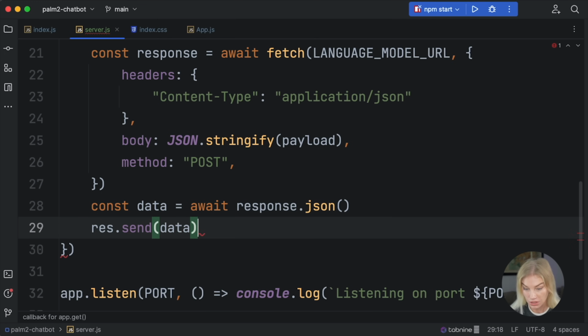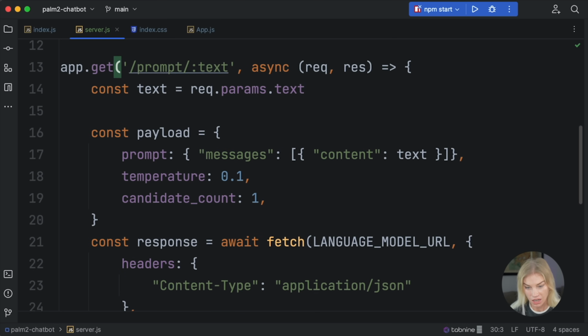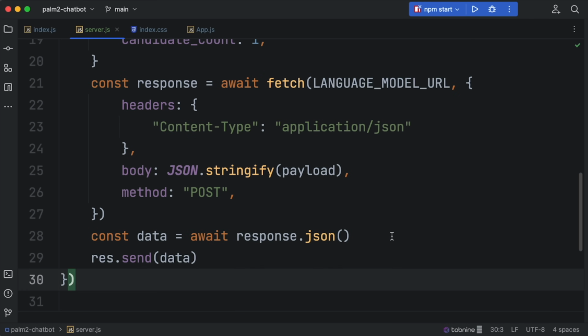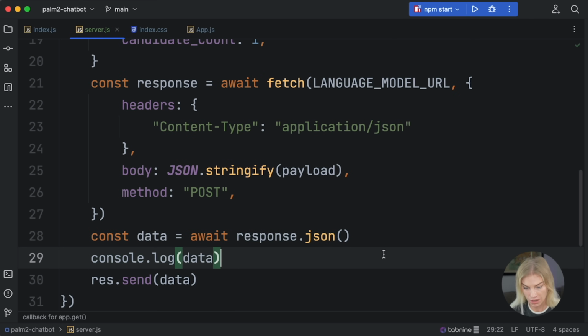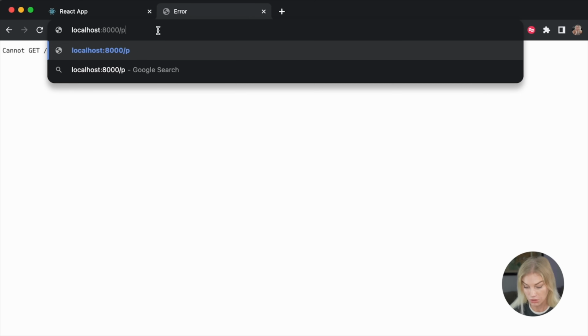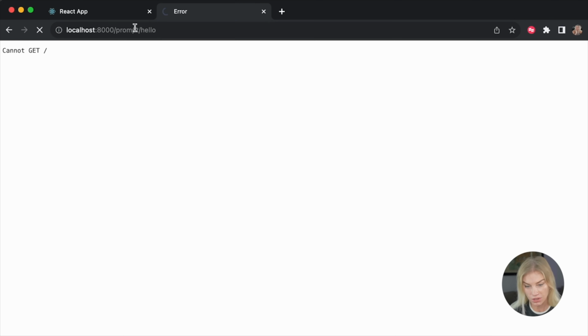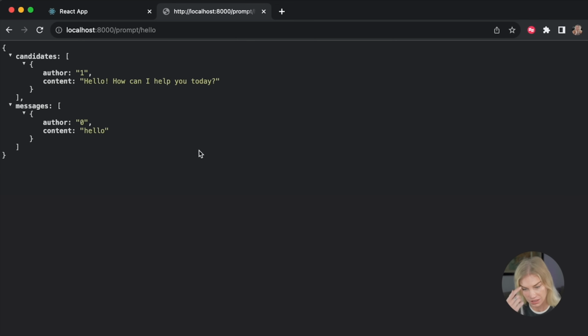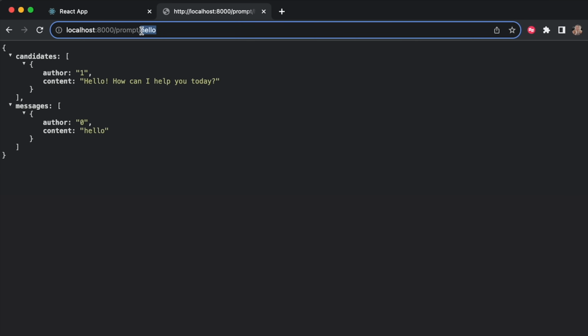So at the moment, this will actually work. I won't have to do much. Let's just console log this data at the moment too. I can simply go /prompt and then hello. So this text of hello is the text passed over into the URL, right? And there we go. So once again, the text was hello. That's what we passed through to the backend and sent it over to the PaLM2 API,